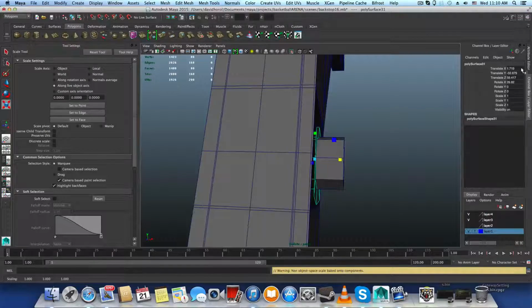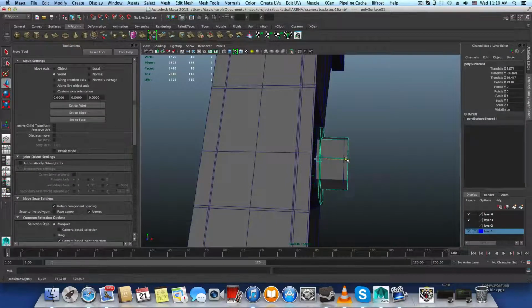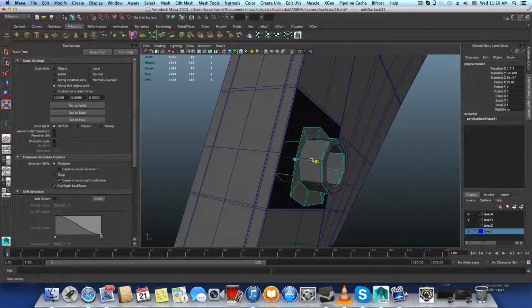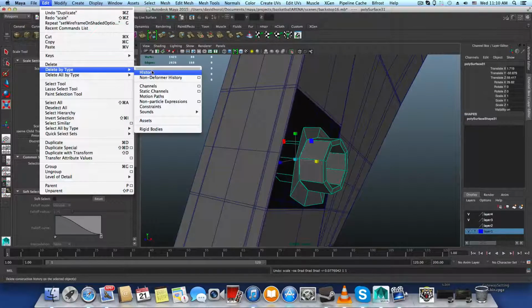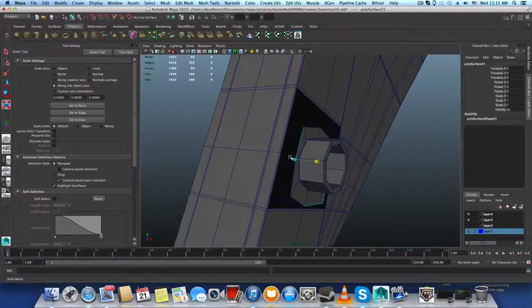So you will see that one of the values here is changing, basically. Let's move it that way. Let's squeeze it again. It's not happening, so what I will do, I will go over delete by type history and modify first transformation, and now I will do this. So now if I will do something like so,